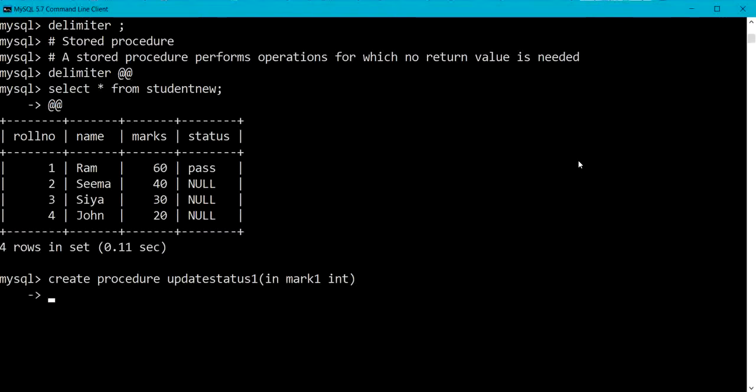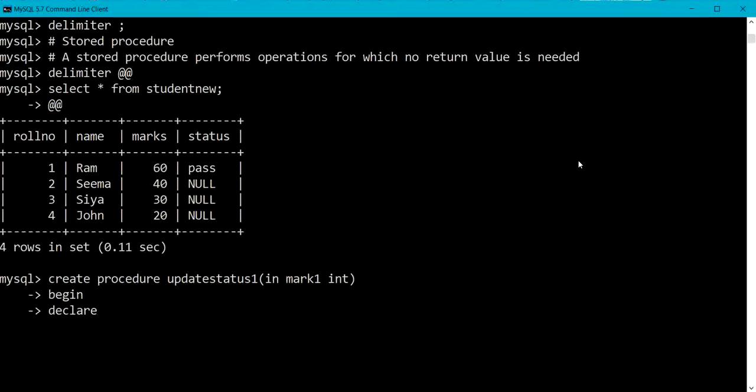So now whenever we are writing a procedure, we need to specify and use more than one SQL statement. So whenever we are having more than one SQL statements, we need to use begin and end block. So here I am going to use begin and end block. Begin. Now next I have to use declare statement. So basically declare statement is used to declare variables inside the stored procedure.